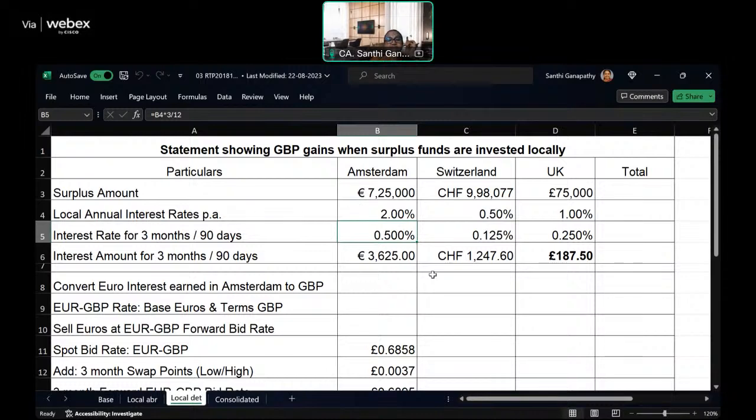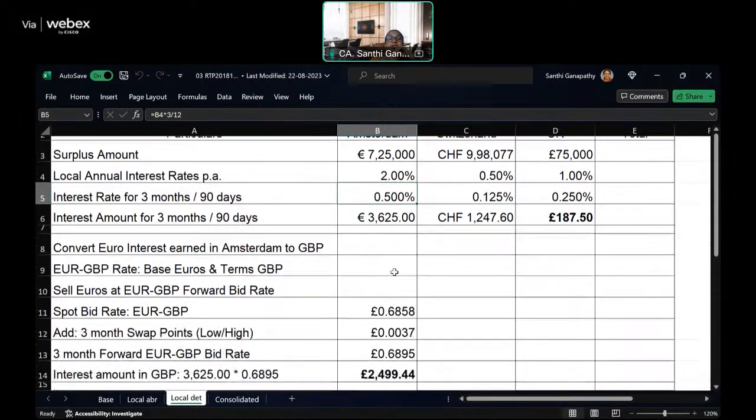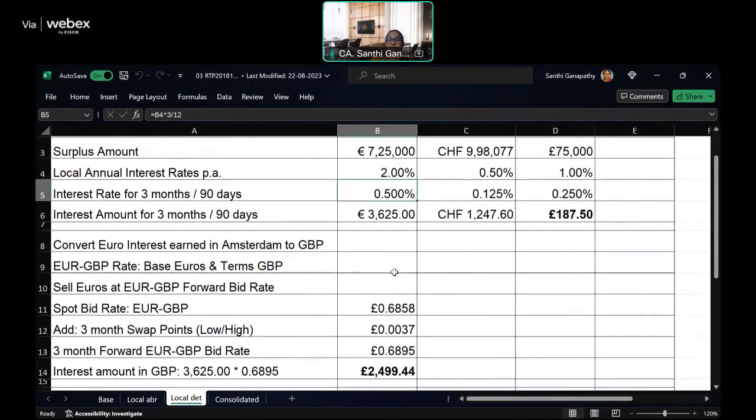Now, in every center, whatever we have earned has to be converted to GBP. The principal, if you invest locally, will be retained at the respective centers, and the interest alone will be converted and retained in London. So the euro interest earned,